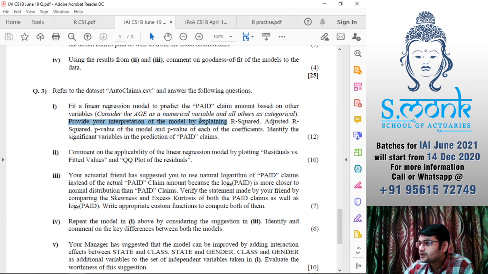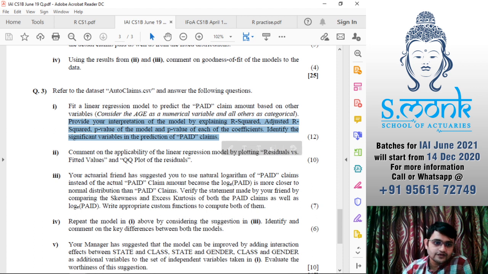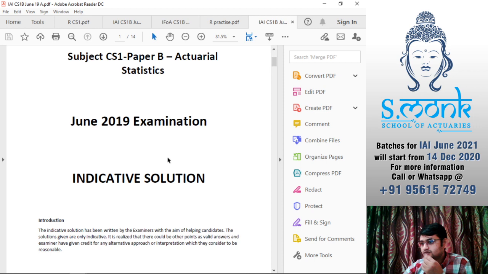Provide your interpretation of the model by explaining R squared, adjusted R squared, and the p-value of the model and p-value of each coefficient, identifying the significant variable in the prediction of paid claims. So significant variables we'll have to identify. I'll just show you the answer. Question 3.